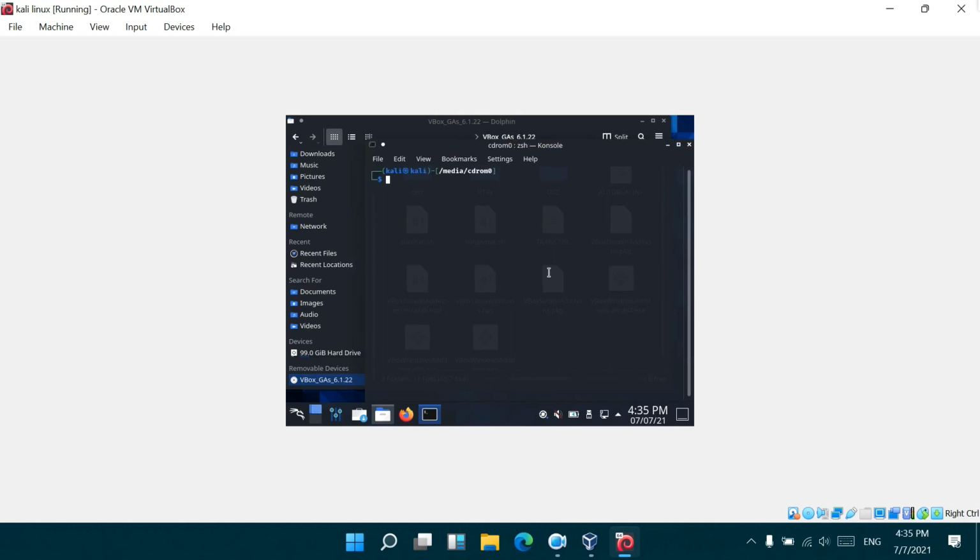Then we type in the command sudo sh ./VBoxLinuxAdditions.run and then we click on enter. Then we give our password and again we click on enter.